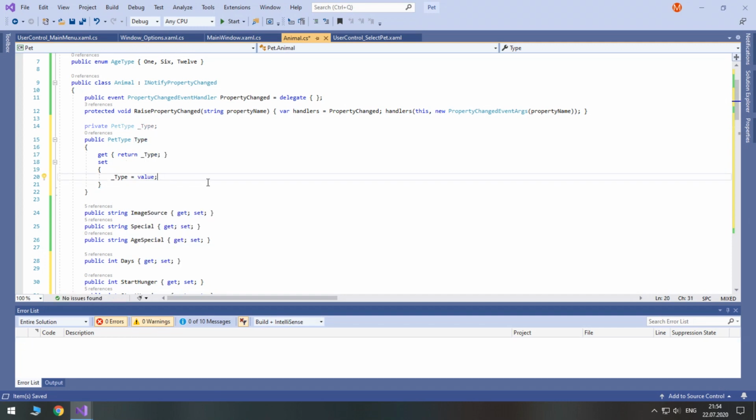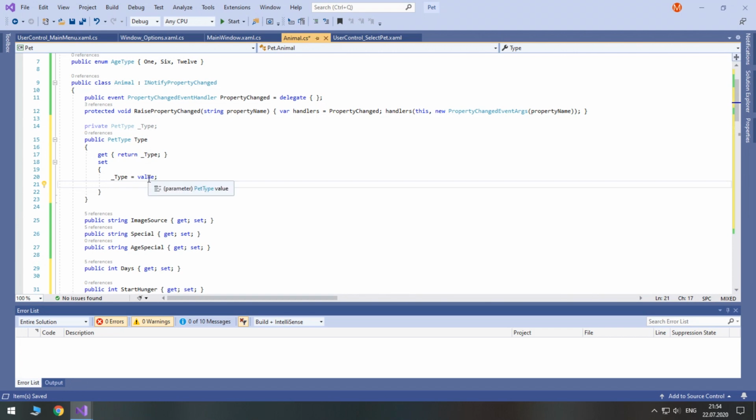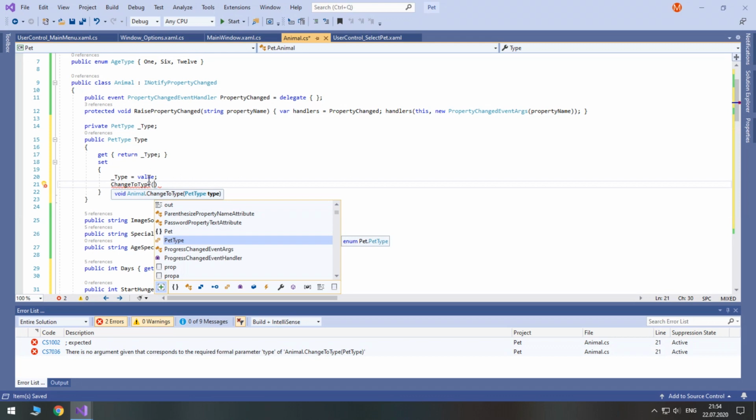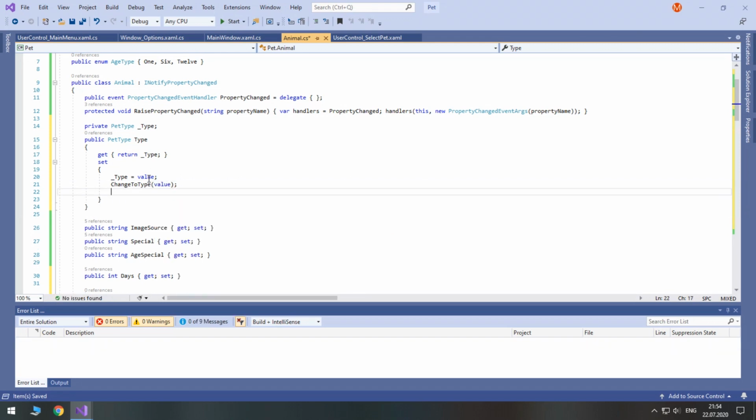Then, after assigning it to the value, we call the change to type method. And here we pass the value as well. And after that, we need to again call the raise property changed method, and we will pass the type property. So we notify that this property is changed.